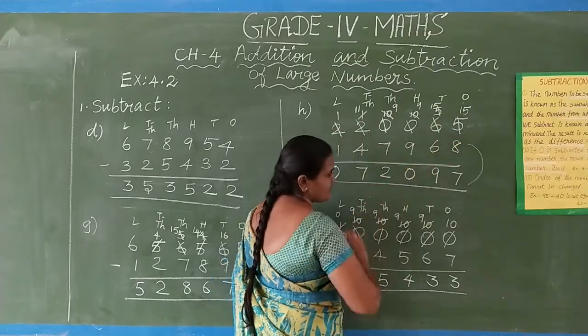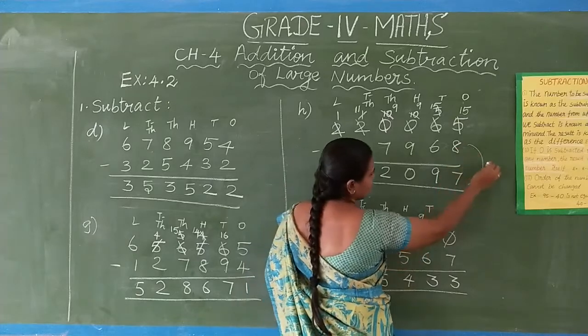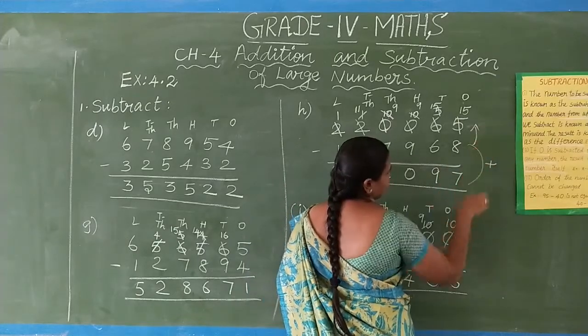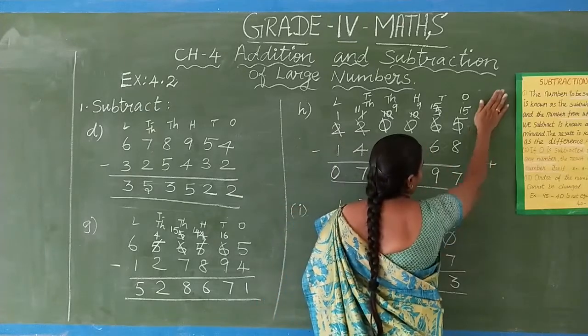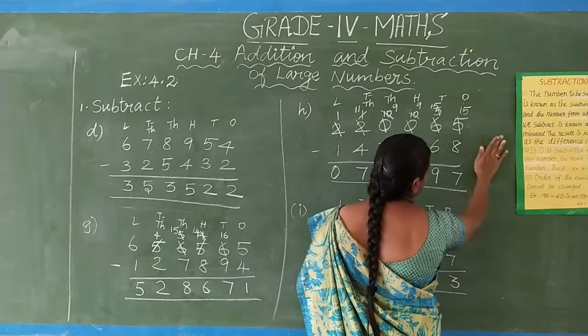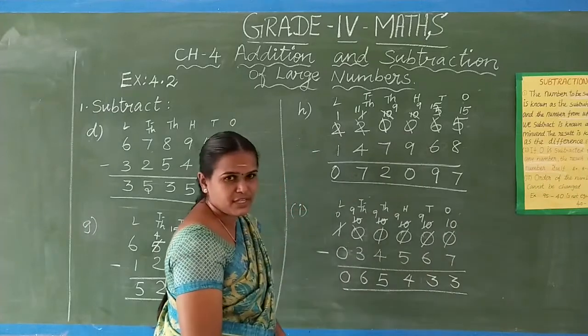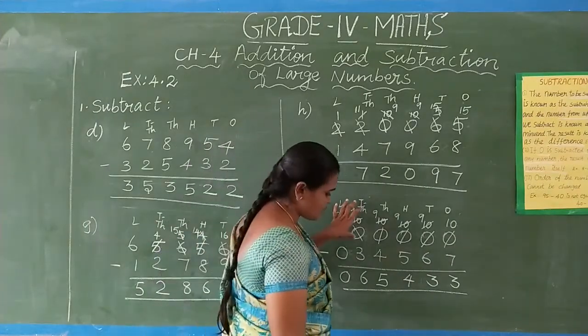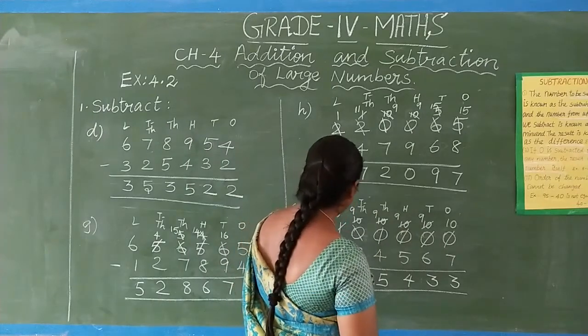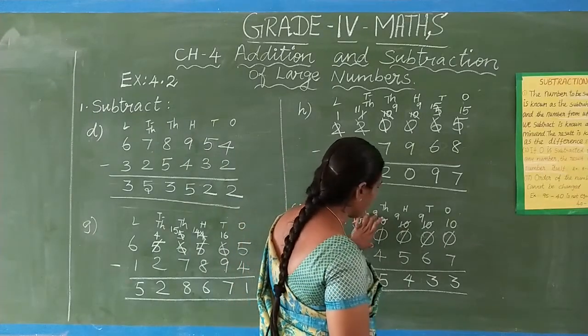So your subtraction is correct. You add these two numbers, you get this one. Okay. So if any number changes, your answer is wrong. Okay. So subtraction is very easy. So big number minus small number. So what is that first number? I say first number 1 lakh.